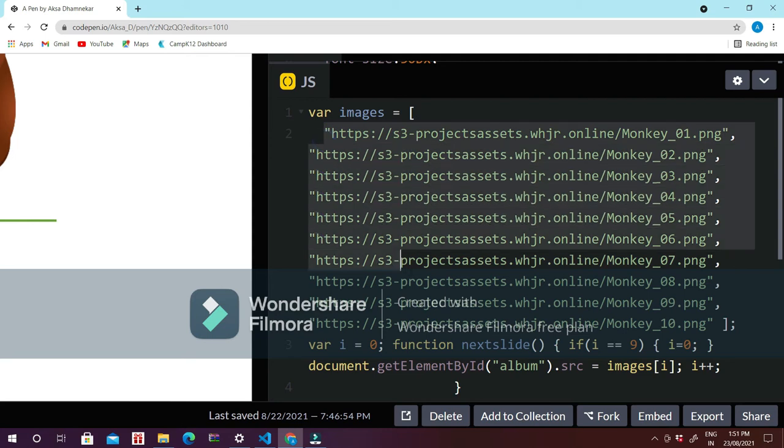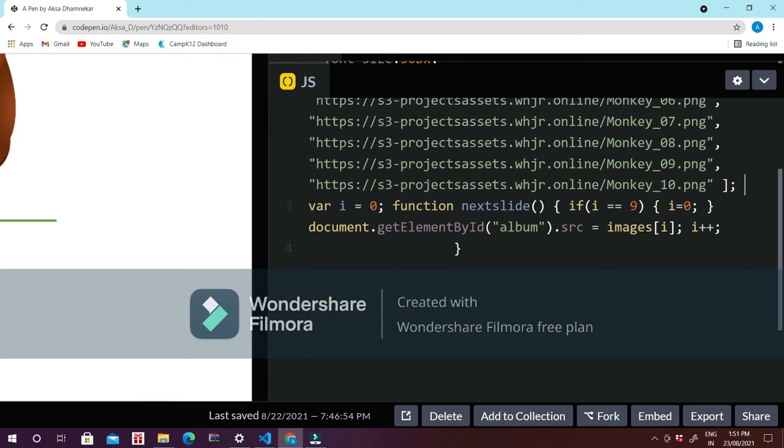I have given all the links of the images of the monkey which I have used and which is stored in the asset. And variable i equals 0. So i means position. So I am creating the variable for the position, and I have assigned the value as 0.